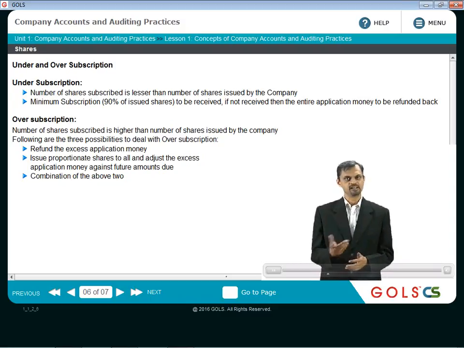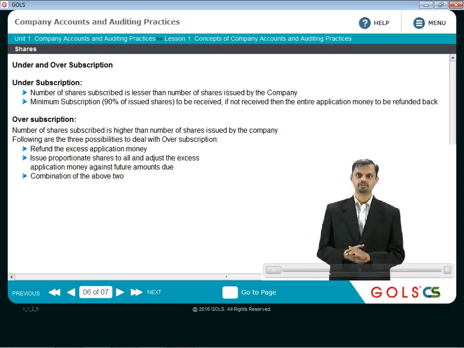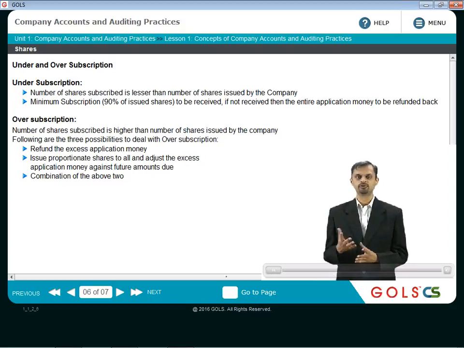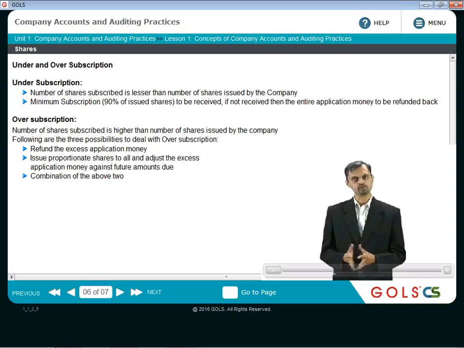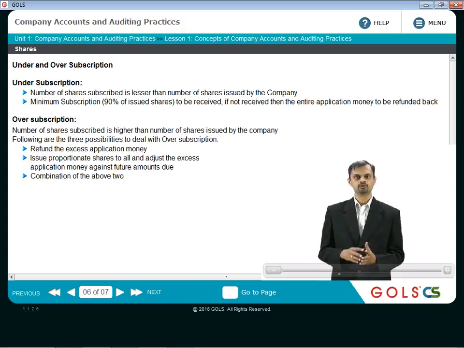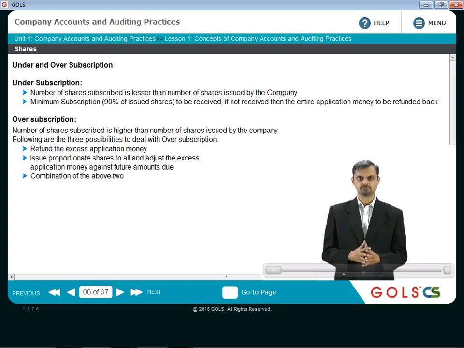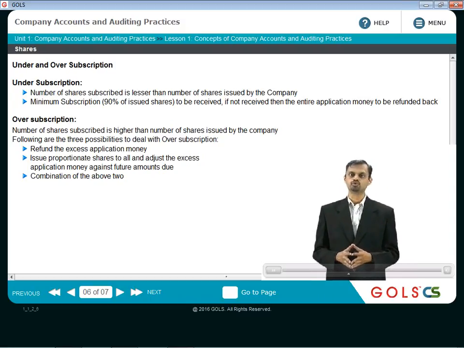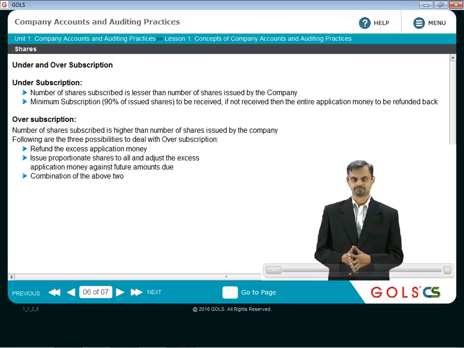Oversubscription is exactly opposite of under subscription. So if the issue size was 50 lakhs and the people applied for say 55 lakhs of shares, that is the case of oversubscription. Now please remember, in case of oversubscription, in our example, the company can allot shares worth rupees 50 lakhs only, because that was the issue size. So for extra applications, the company cannot allot the shares, because the maximum number of shares that can be issued is restricted to the issue size.